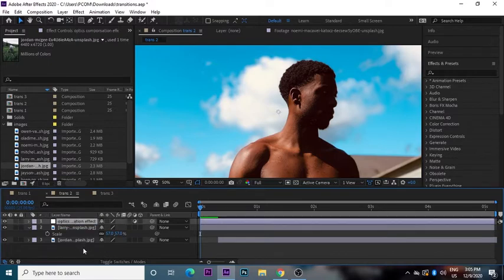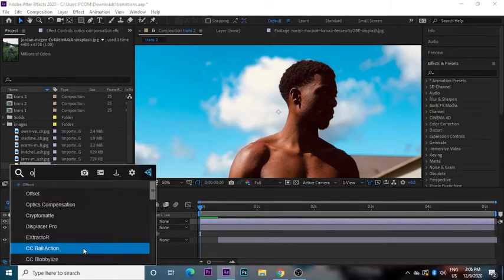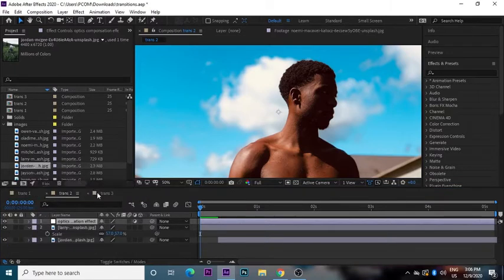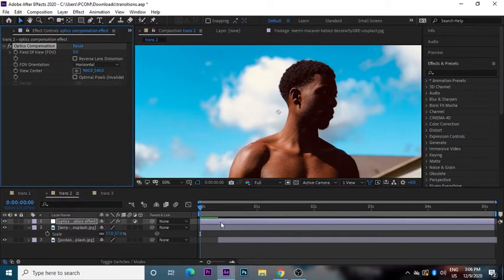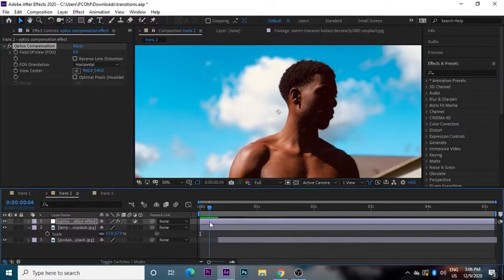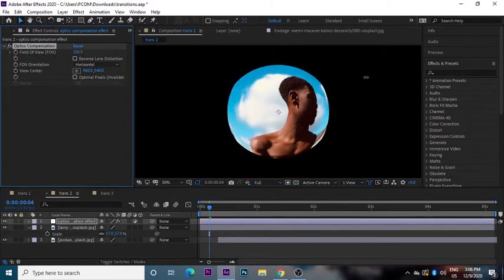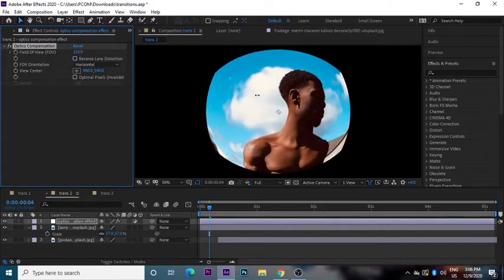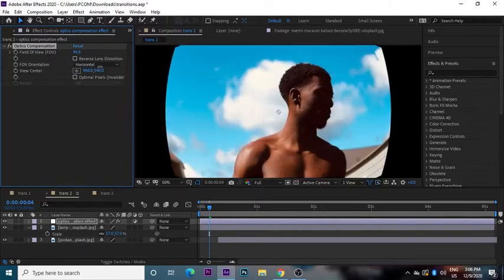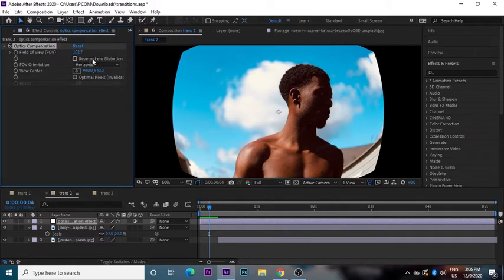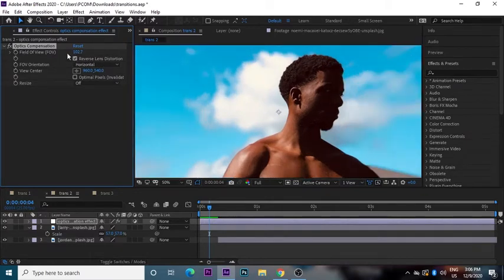Okay, now as the adjustment layer states, let's add an optic compensation effect, and it's a really cool effect which you can use. So now just in the field of view, FOV, just increase the value, and actually basically we don't want this type of result, so select the reverse lens distortion.